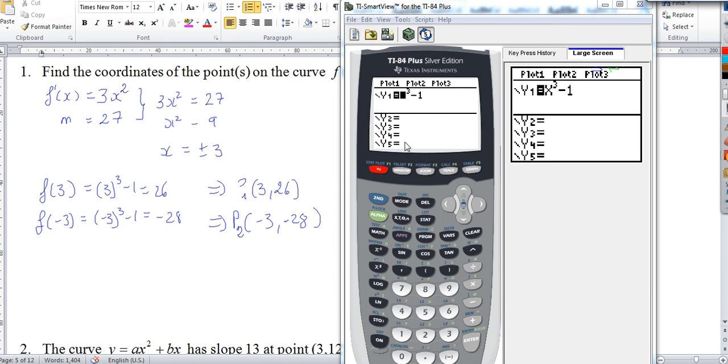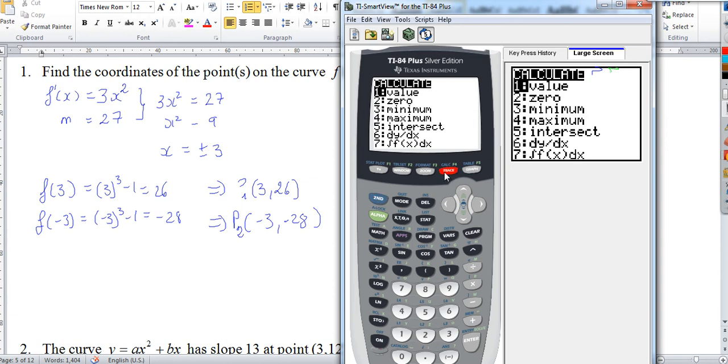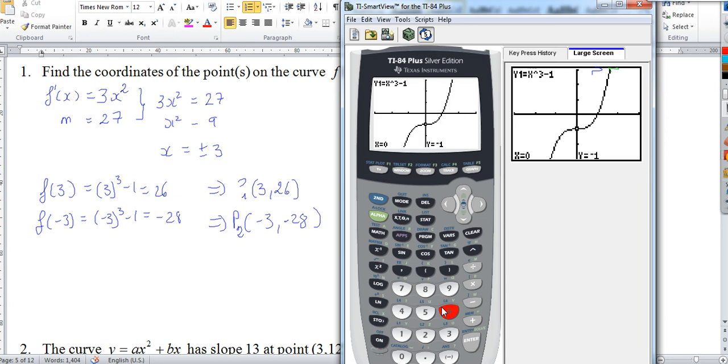So I've typed in x cubed minus 1, that's my function. I'm going to get a graph of it, and I want to find the slope of the function at a particular point. My calculator can do this for particular points. So I'm choosing menu 6 here, dy by dx, and I can type in x values here. It doesn't look like it, but just type in a value, for example 3, and it appears here, enter,